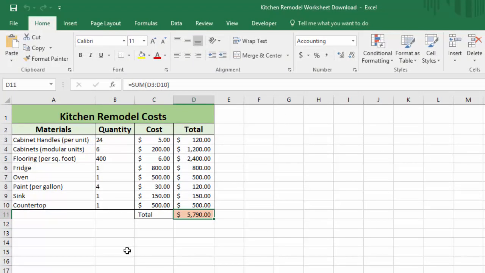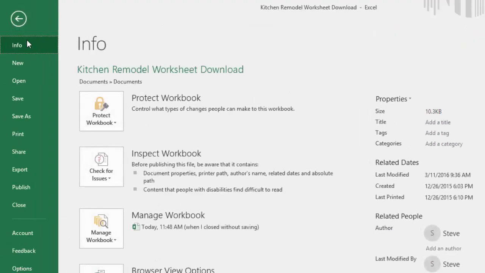But I told him that I left him a note, so he says, hey, where are those notes that you left me? But I don't remember what those notes were because I was in a hurry, and now everything is messed up, right? Well, not entirely, because what we can do is go back up to our File menu, and if you look right here where it says Manage Workbook, you'll see it says today at 11:48 a.m. when I closed without saving. And this is an auto-recovered copy of the worksheet. So I can click on that,